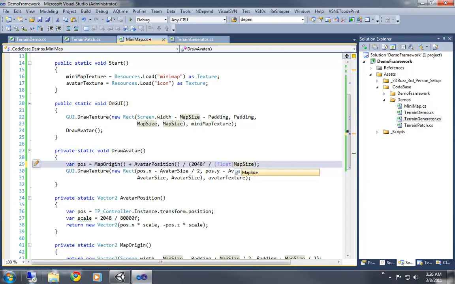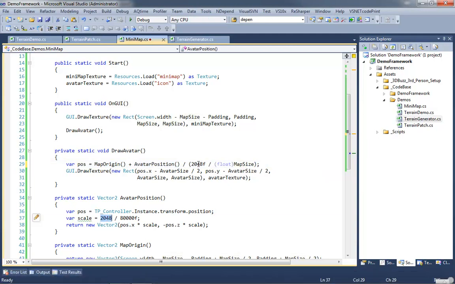So we're taking whatever our avatar position is, dividing it by 16, adding it to our map origin, and that will give us our character's position that has been transformed for map space and then transformed again for mini-map space. So if we build this and we run it again,